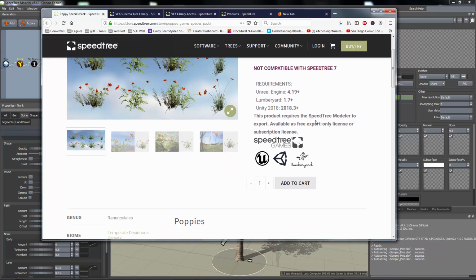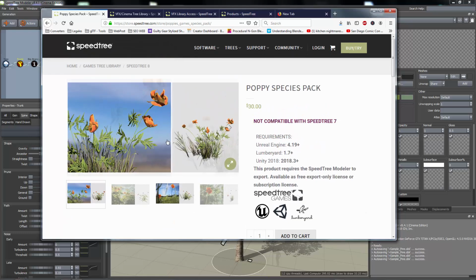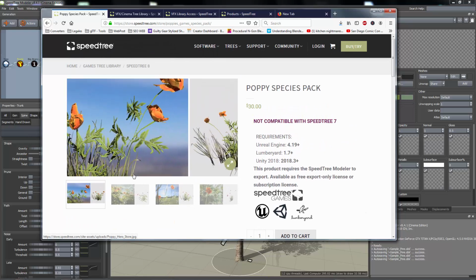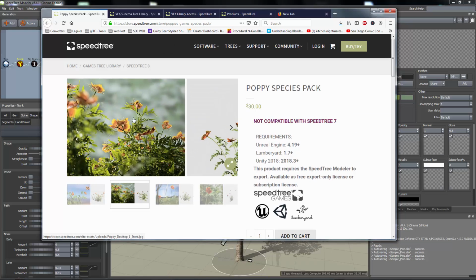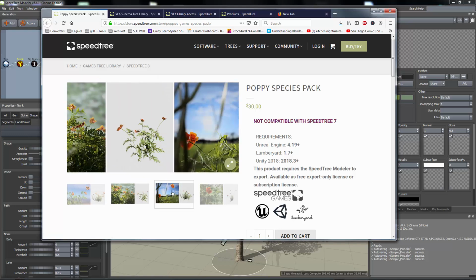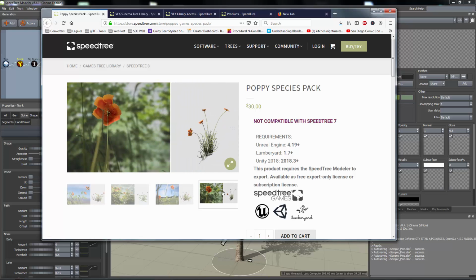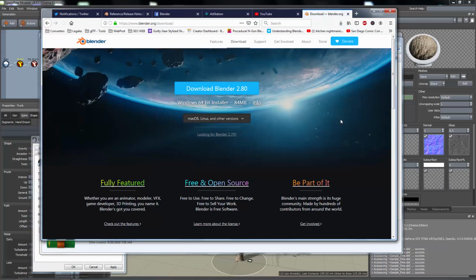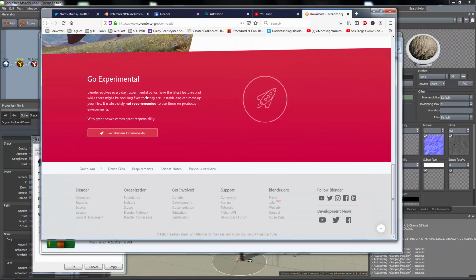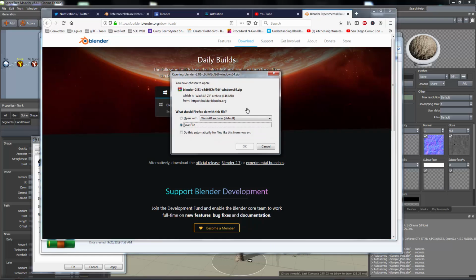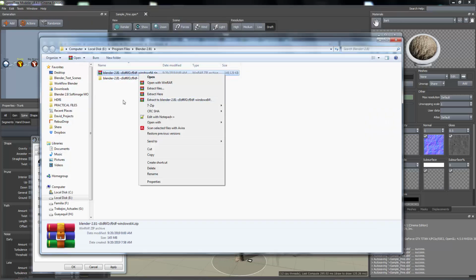It is worth mentioning that SpeedTree is also compatible with Unreal Engine and Unity 3D, so you can import your assets as well on those packages. Now let's see how it works on Blender. Go to blender.org/downloads, click on the rocket, get version 2.81 experimental, download it, unzip it, and double click on the